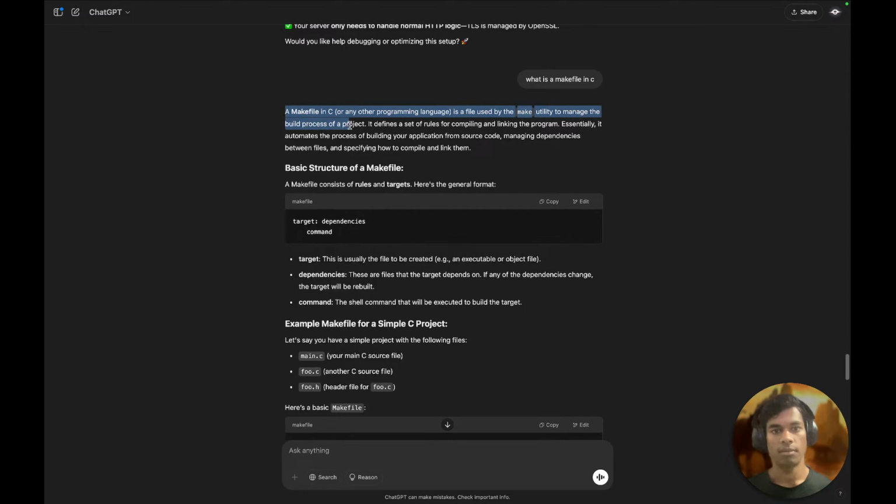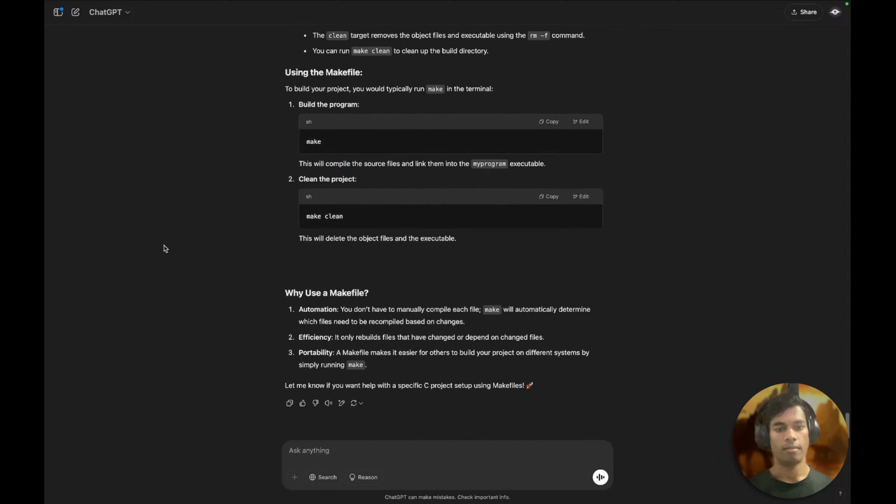It defines a set of rules for compiling and linking the program. Essentially, it automates the process of building your application from source code, managing dependencies between files. Okay, is it like a shell script for compiling a